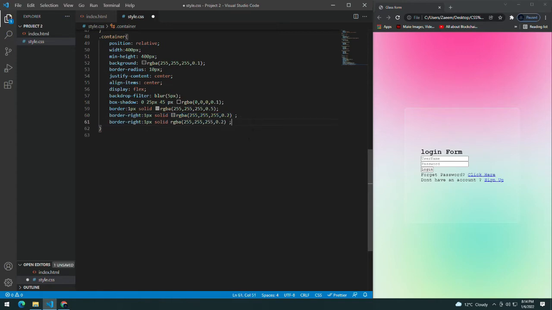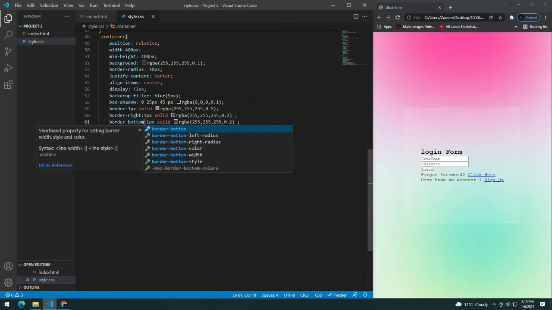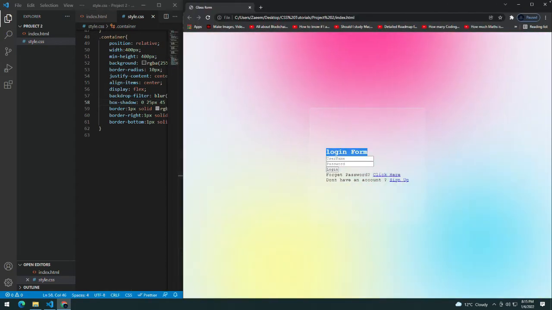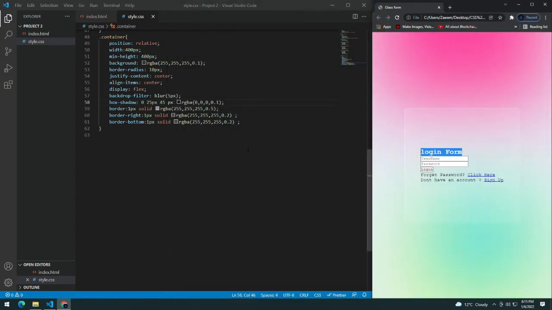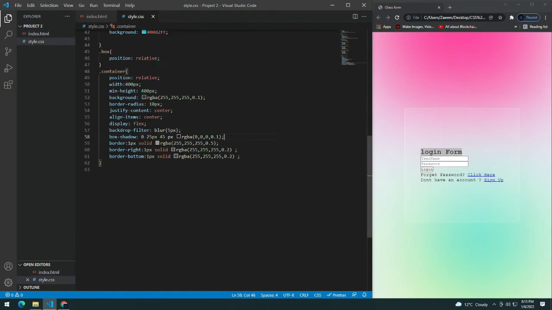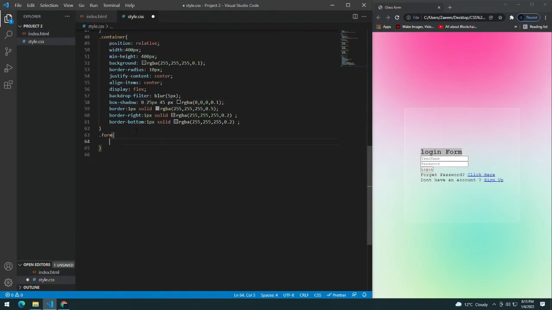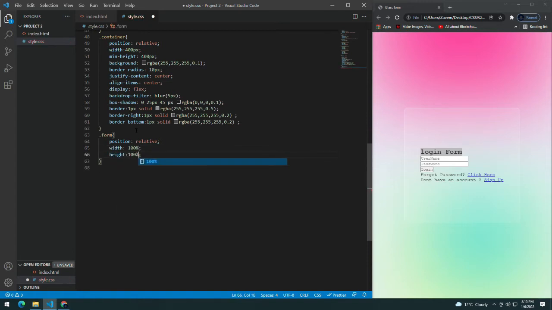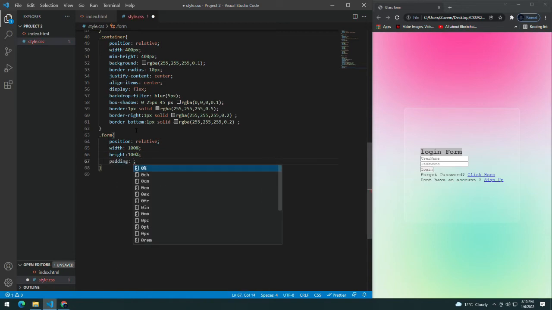I'm going to copy and paste, and I will give it a border bottom as well. Now you can see how the upper and left is different from the right and bottom. Now inside the container we have a form class. So give a form class of position relative, width of 100%, height of 100% as well, padding of 40 pixels on all the sides, and